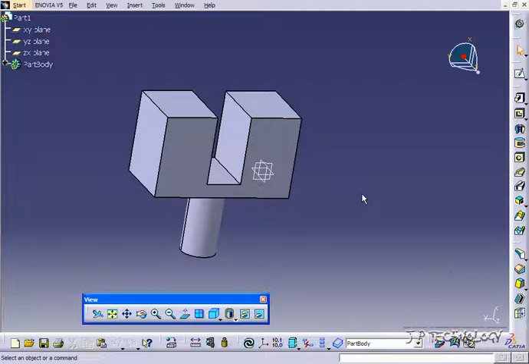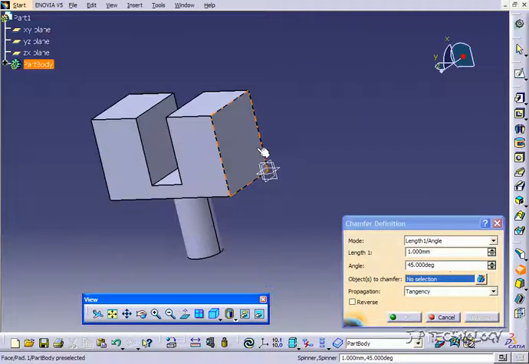So the chamfer works pretty much the same as the fillet that we were using in the past few tutorials, and what it does is it uses the edges and it'll create a chamfer rather than a fillet like we did in the previous ones. So let's start doing some. Let's click the chamfer tool,